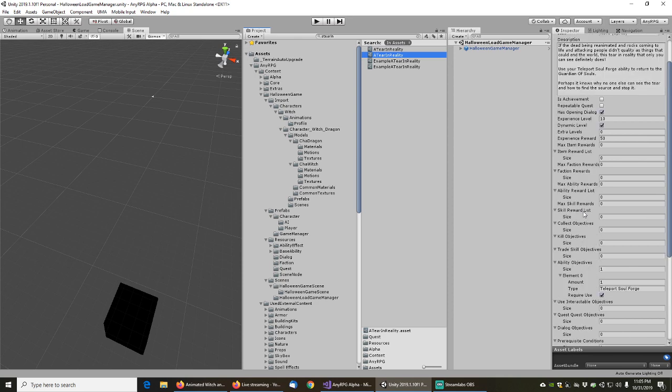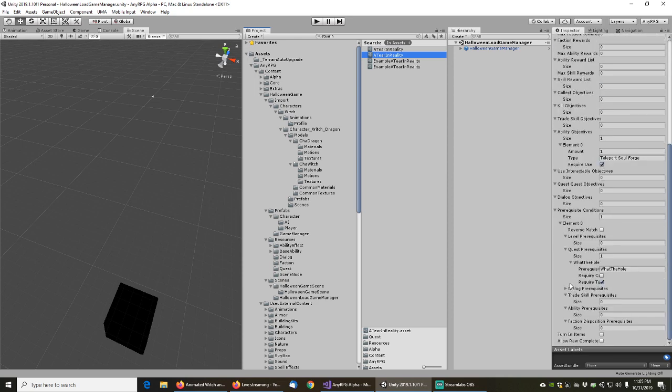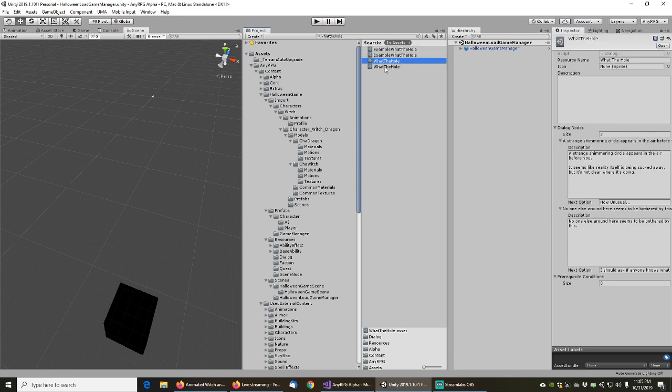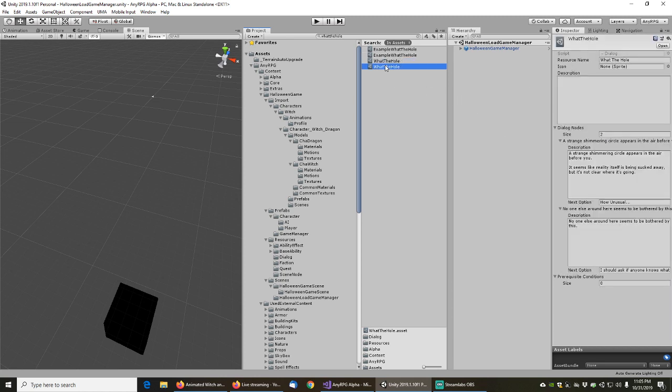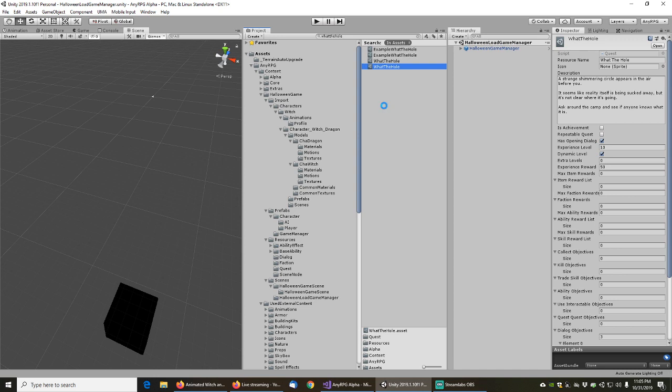Prerequisites, do we have objectives? Dialogue, prerequisites, dialogue, objectives, no. What the whole is the name of the quest. That's it. What the whole is a quest. Let's see. We got the quest right here. There we go. Dialogue, objectives. Perfect. So we're going to copy this quest, and this is going to be called Calm